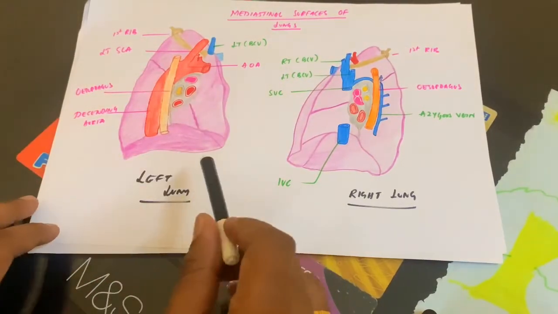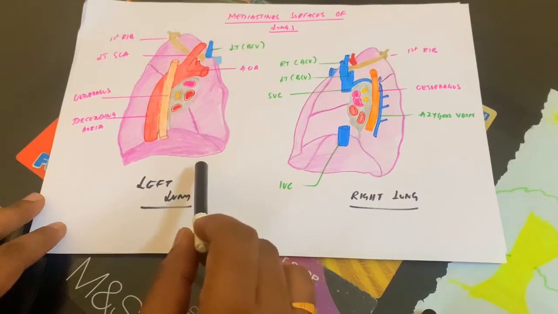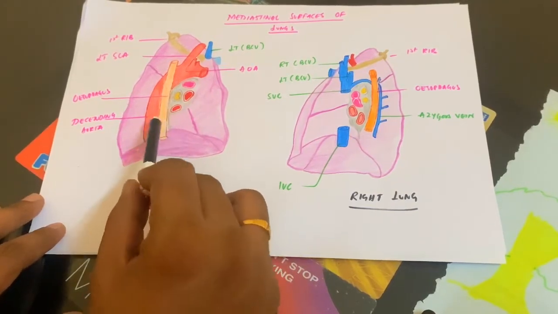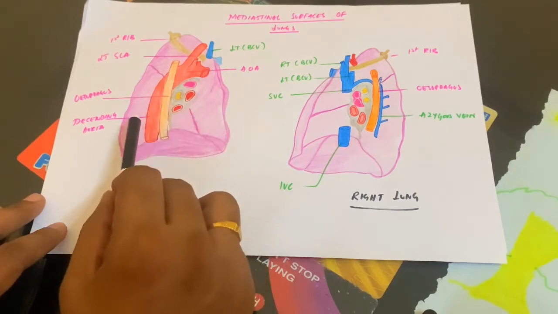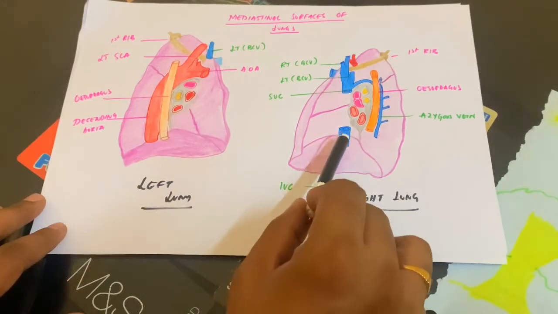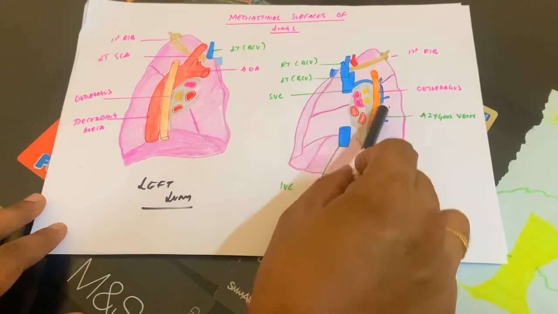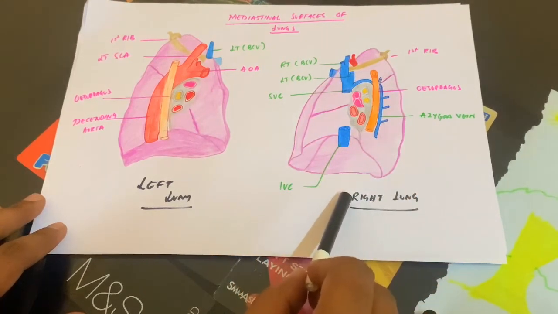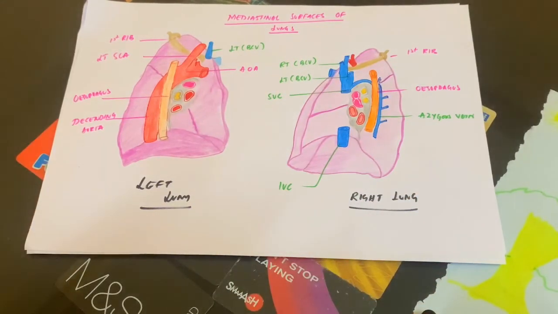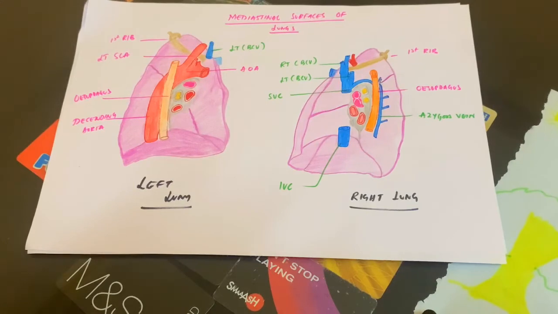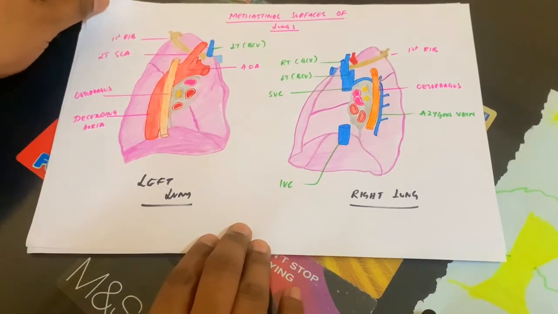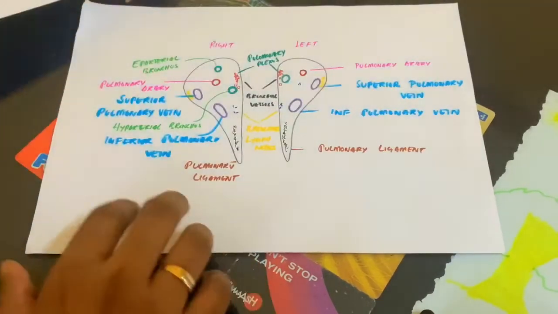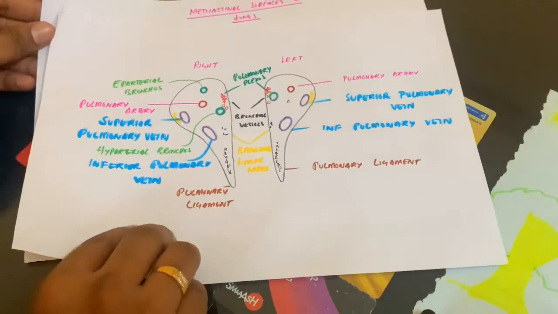So here the major difference you have to observe is that the left lung is more dominated by the arteries. So the majority of the red colored structures are seen on the left lung, whereas in the right lung you see the veins, so the blue color is dominated on the right side. This is very easy, and this is the point which you have to remember to know the structures related on the medial surface of the right and left lung. Okay. Next, to move on to the structures,